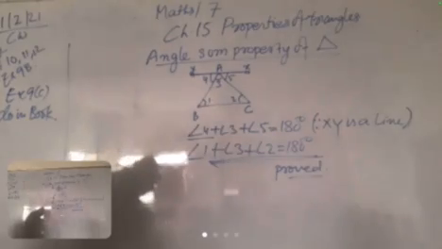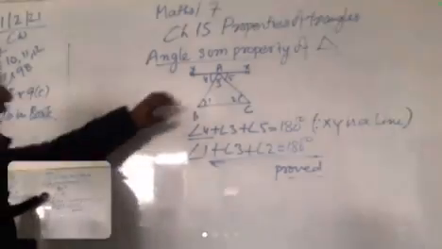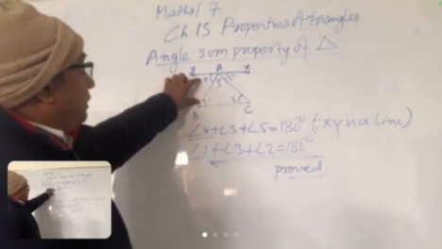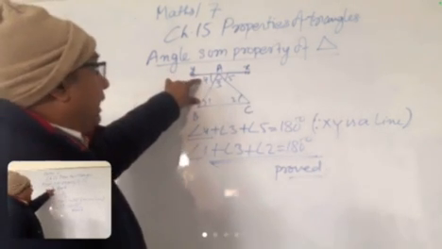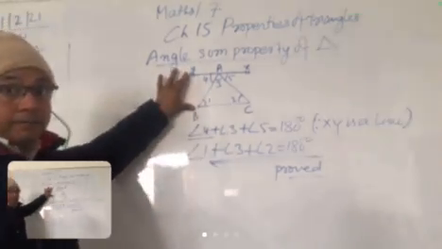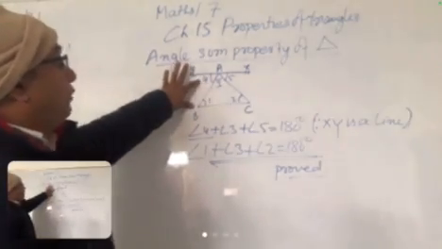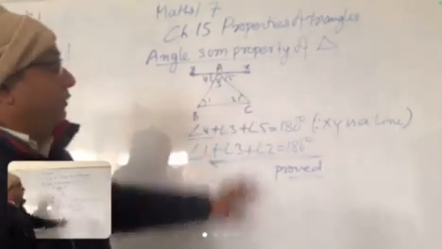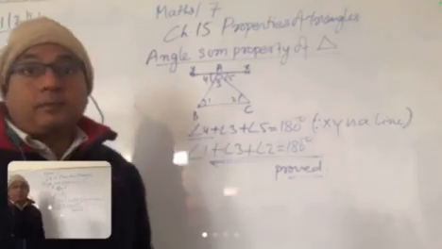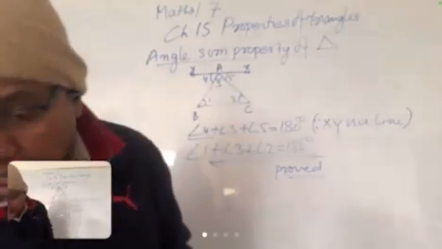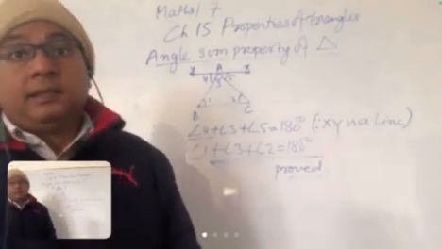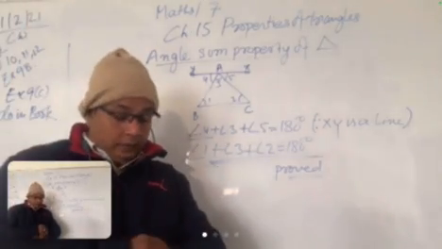समझ आया? किसी को कोई डाउट है तो प्लीज पूछो. The angle 1 is equal to angle 4 and angle 2 is equal to angle 5 because angle 1 and 4 are alternate angles. If the lines XY and BC are parallel, then angle 1 is equal to 4 and angle 2 is equal to 5. Both are alternate angles. In the properties of parallel lines, we know that if the lines are parallel, then alternate angles are equal. Okay.